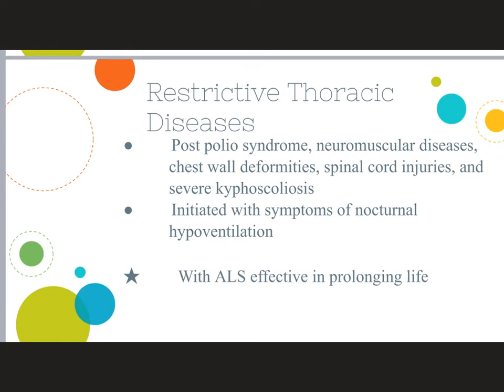So restrictive thoracic diseases that may require non-invasive ventilation would be post-polio syndrome, neuromuscular diseases, any chest wall deformities, spinal cord injuries, severe kyphoscoliosis. So initiated with symptoms of nocturnal hypoventilation. So these are diseases that are more likely to require